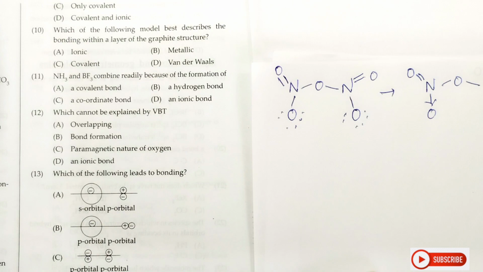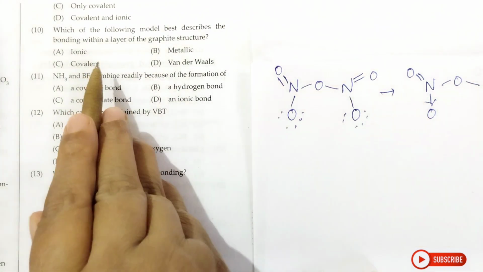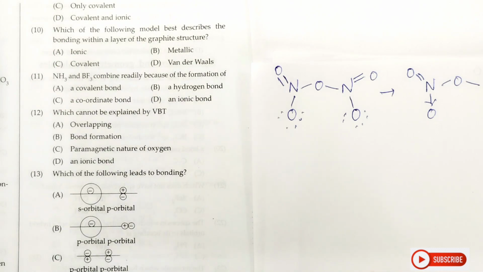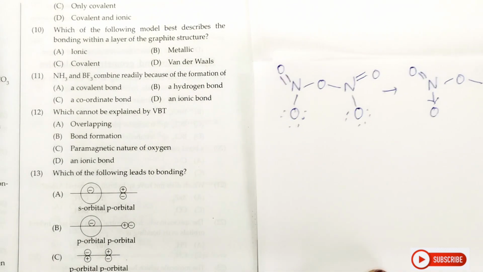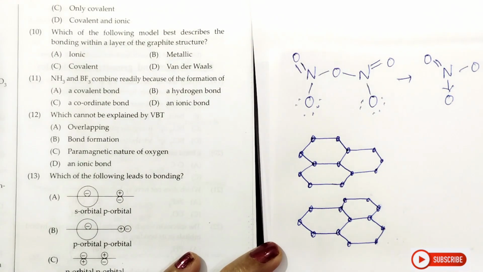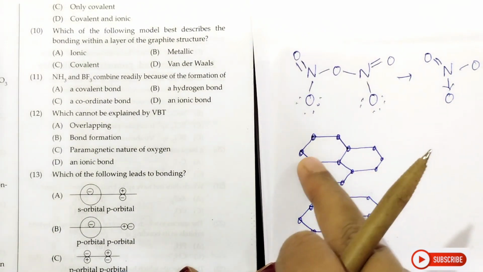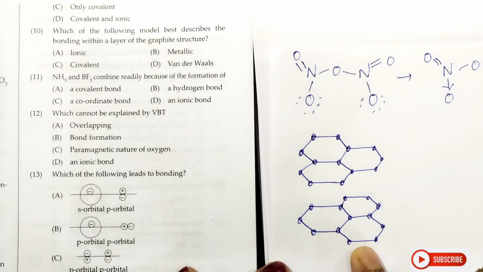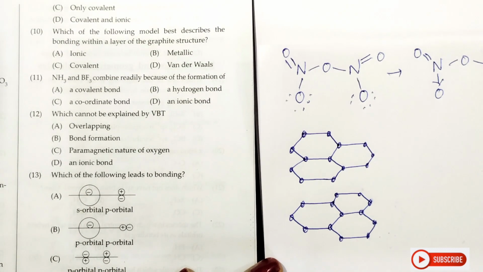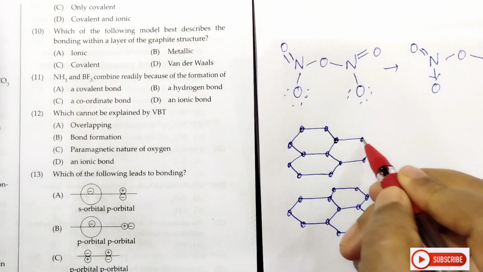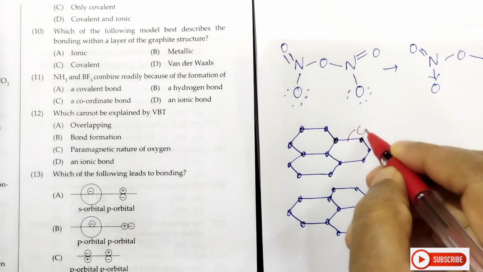Which of the following models best describes the bonding within a layer of the graphite structure? To know the type of bonding, let us first see the structure of graphite. Now if you see the structure, graphite looks something like this. They are carbon to carbon bonded sheets, and every sheet is bonded to the other sheet. Now students, the type of bond between a carbon and a carbon is a covalent bond,